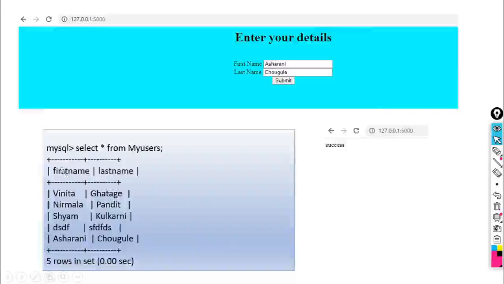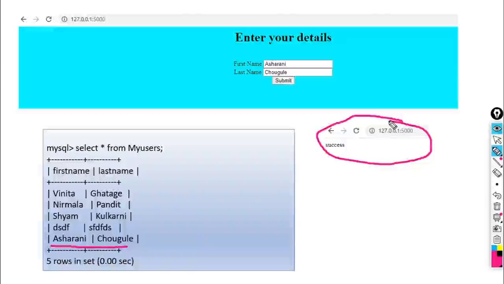Again within MySQL, I have given the query select star from my users, and here is the new name, Asha Rani Saugule. So whatever name we entered through this HTML script gets transferred to my users. Then you will get the output as success, because your query worked successfully and the data was transferred to MySQL.